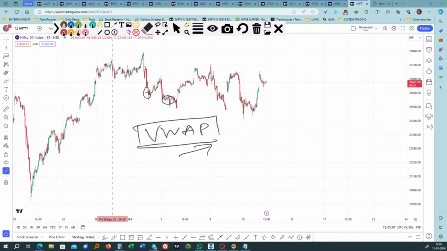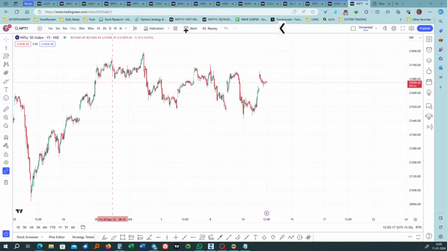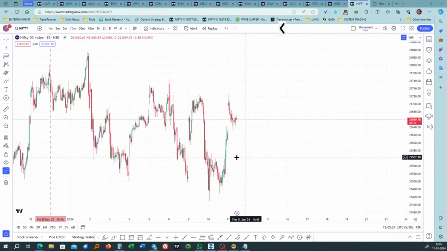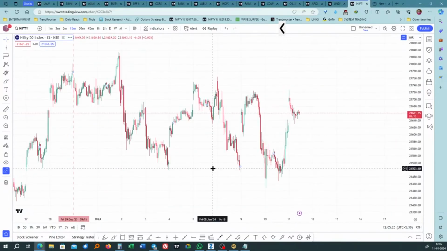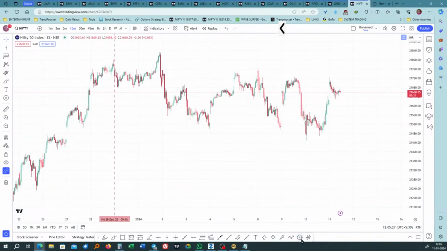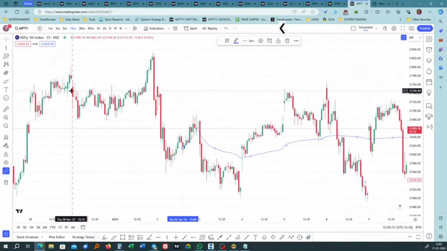Nothing else. Okay. So once the anchored VWAP is placed, what will people do? That is fine. Whether it is below or above, you have to find it. I'm using it on the cash market. So once you place the VWAP on the contract day, on the beginning of the candle,